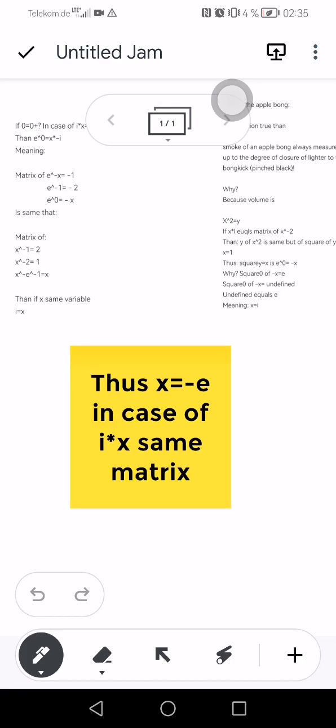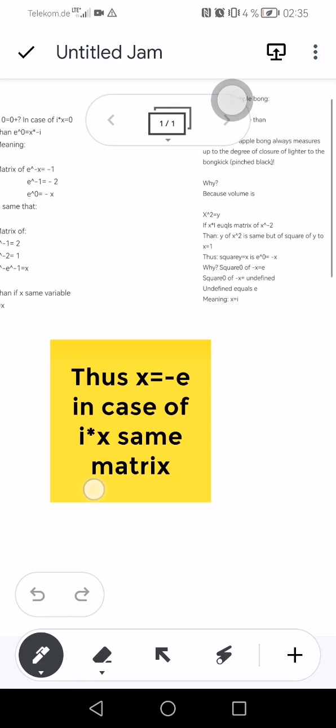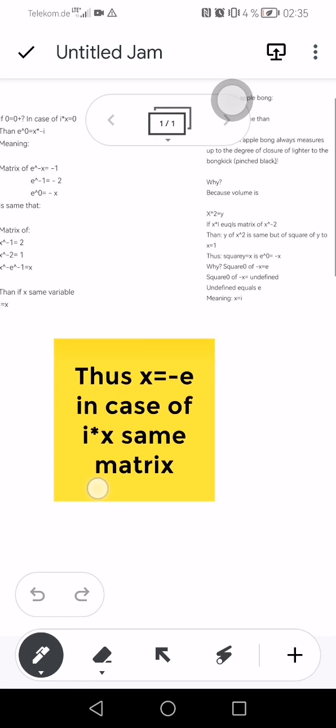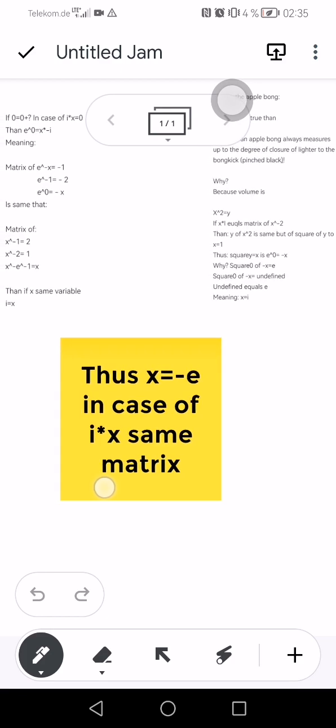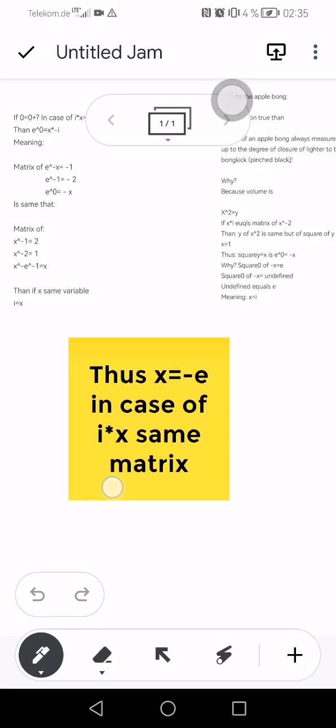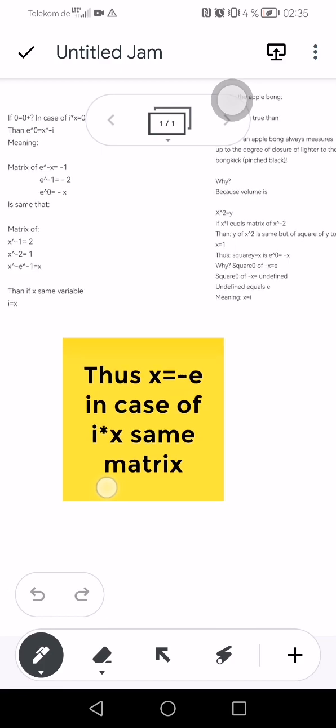Thus, y square 0 of minus x equals e square 0 of minus x undefined. Therefore, if you now take into calculation that x square 2 is the same but of square of y to x equals 1, meaning the matrix, the second matrix, the second step,